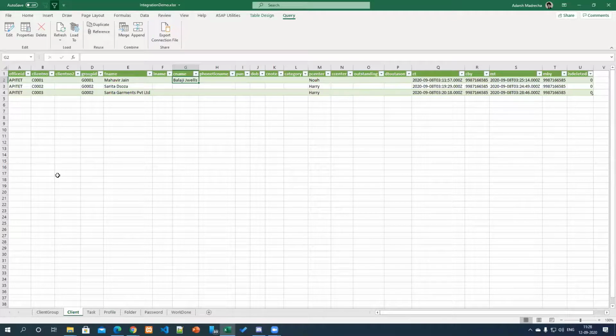Now this is the Excel file which has been linked to Jamku. Before we actually take up what all things are possible, the amazing things, let me show you a small demonstration of the feature. What do we mean by having integration of Excel and Jamku? Here you can see that these are also the three clients that it is showing.